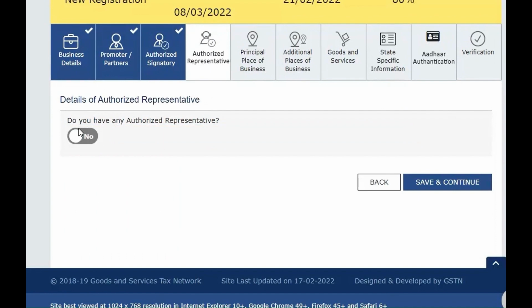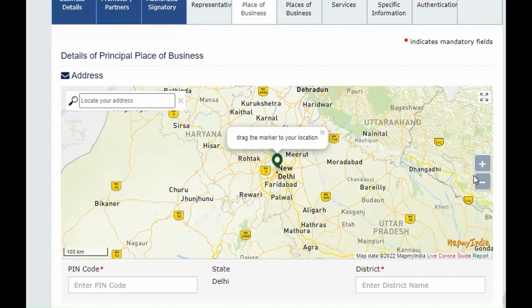Else, you may skip this section and move to the next, that is, Principal Place of Business, by clicking Save and Continue. Here, in the Principal Place of Business tab, provide the address of your business premises.